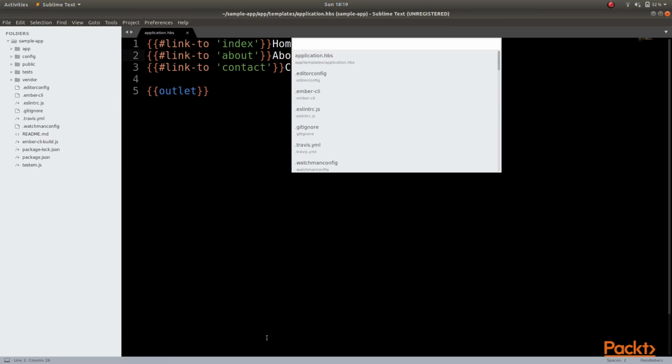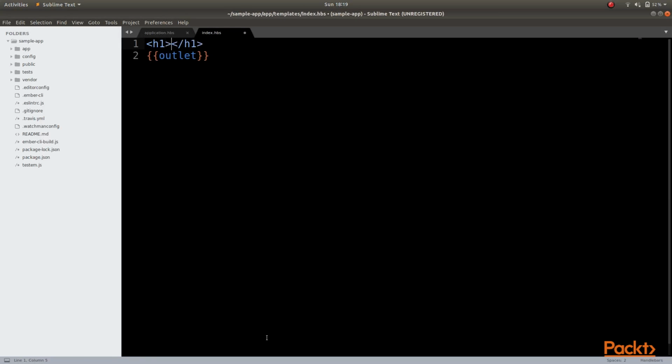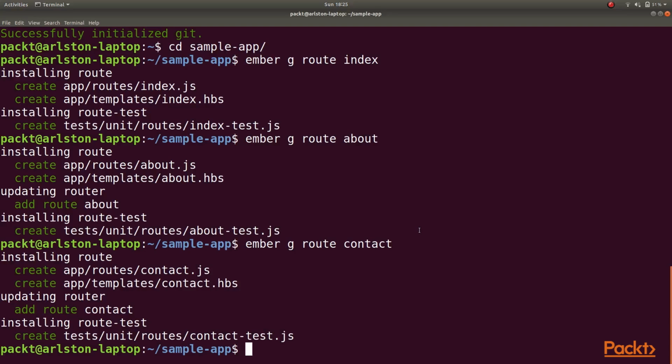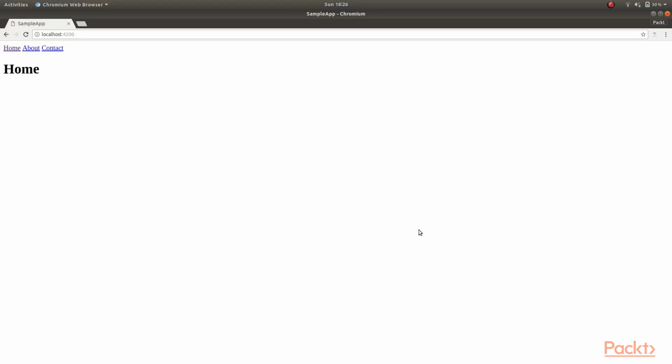And some sample content to our templates. Now that we have our routes in order, let us boot our application. Now that we have our application running,